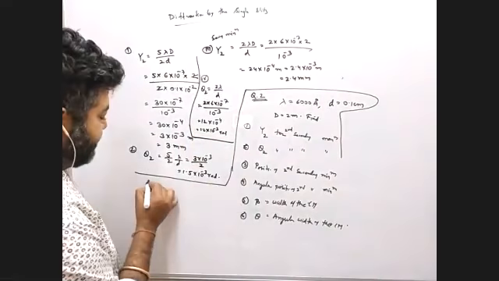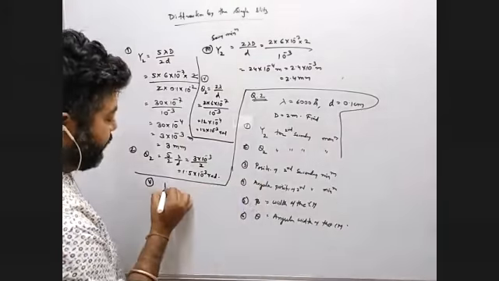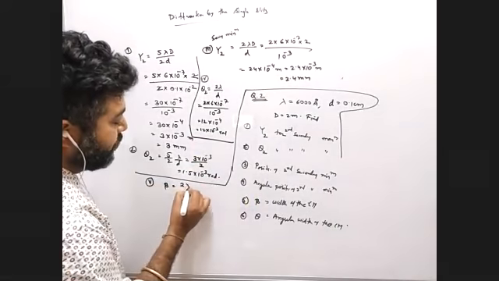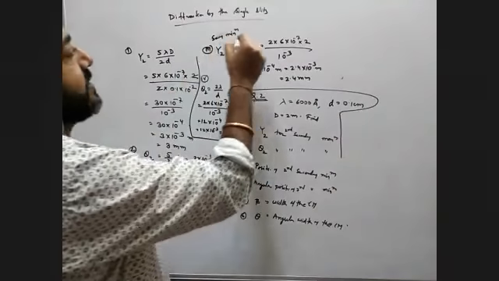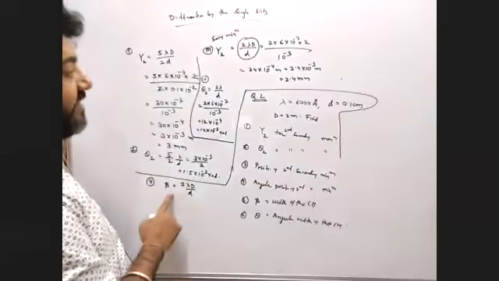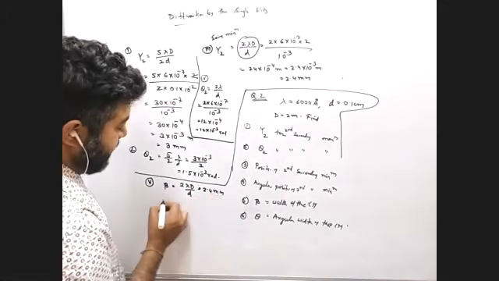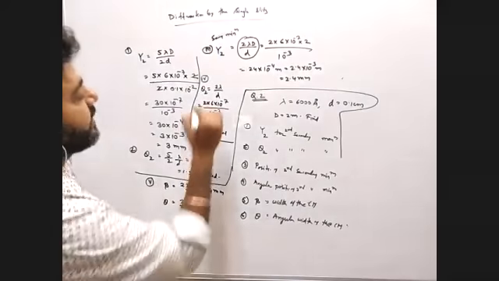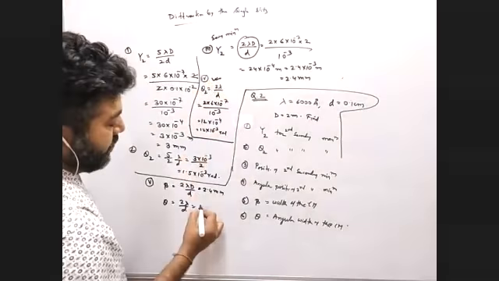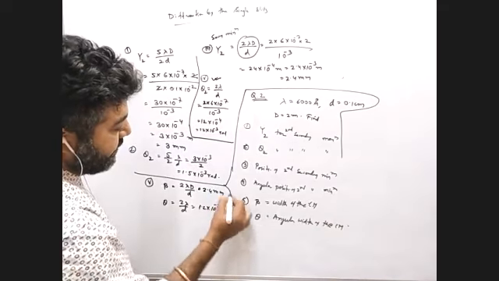Now the fifth one. Fifth one is width of the central maxima. The 2 lambda capital D by small d. So I can say this value, right? Same value. So your answer is 2.4 millimeter. And theta, that is 2 lambda by d, I can say this value, that is 1.2 into 10 to the power minus 3 radian. Is it clear, everyone?